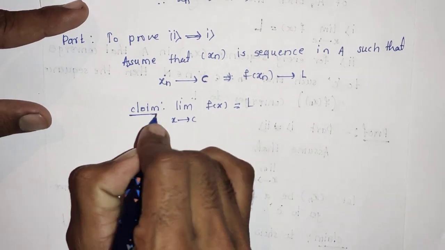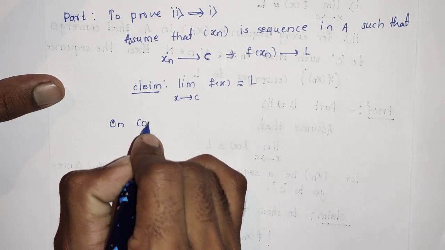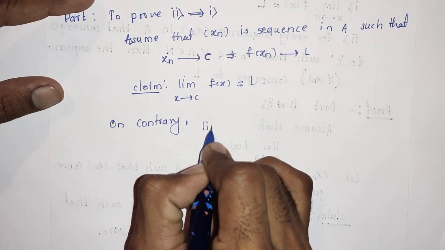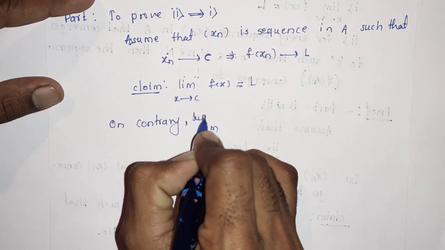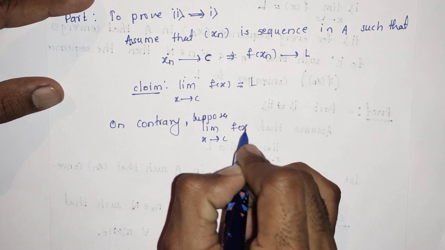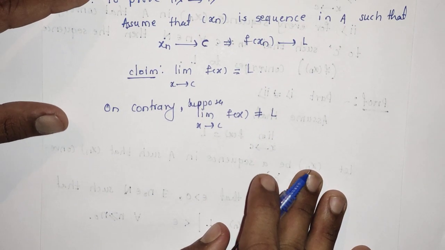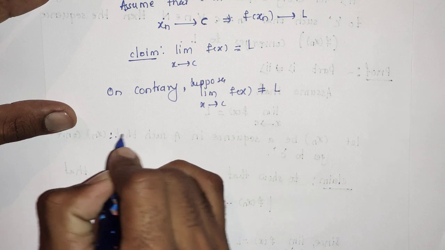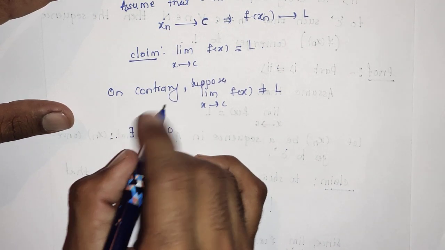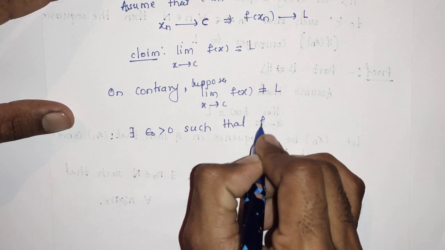So, on the contrary, suppose that this limit is different. On the contrary, suppose the limit as x tends to c of f of x is not equal to L. Therefore, there exists some epsilon naught greater than 0 such that for every delta positive,